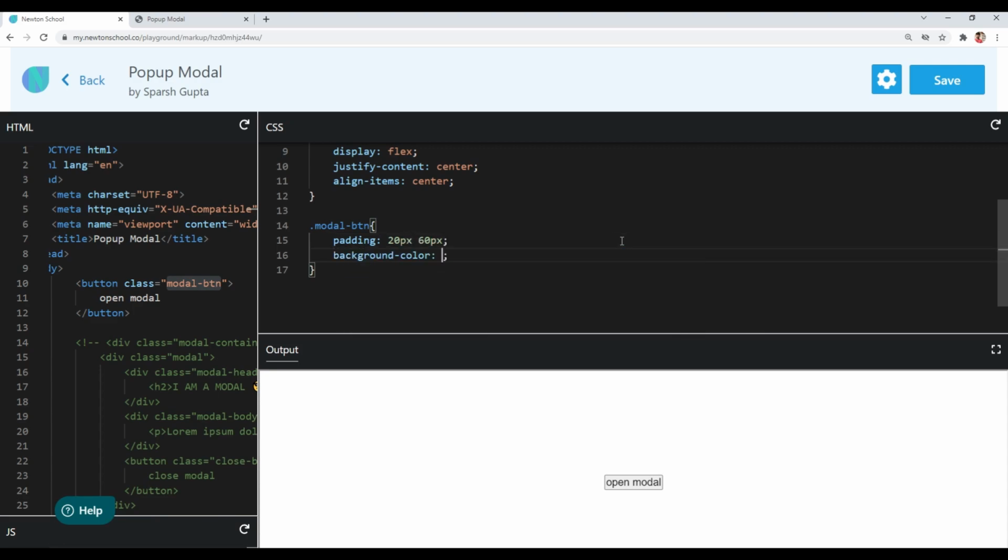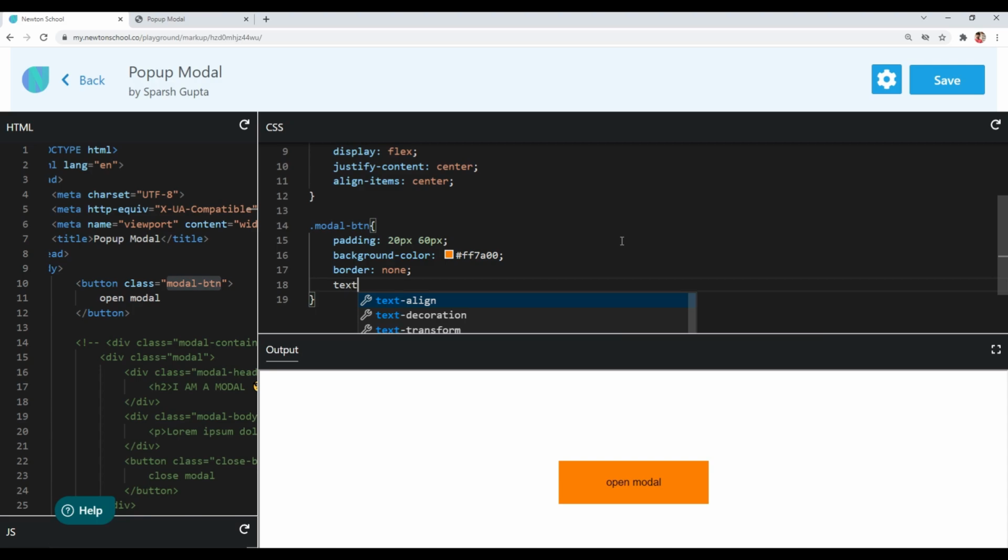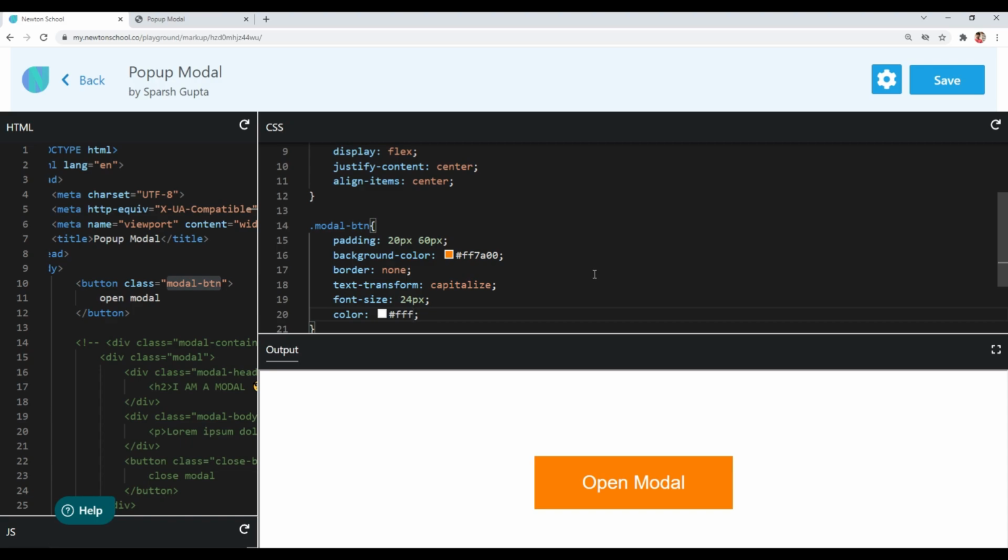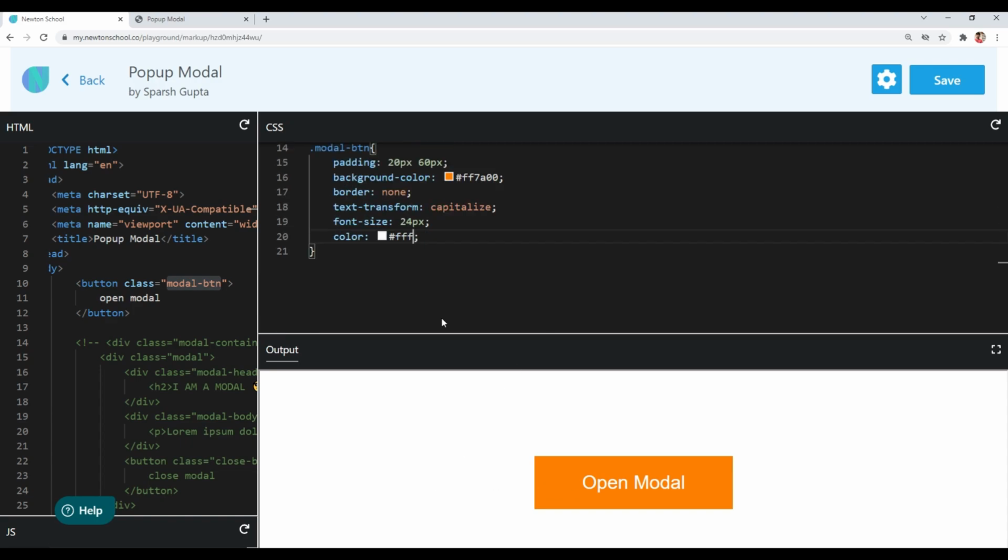I want the background color to be #FF7A00, and I don't want any border, so I will give none to our border property. I want the text transform to be capitalized. I want the font size to be 24 pixel, and I want to change the color to complete white. And also I don't want the default cursor, I want the cursor to be pointer.